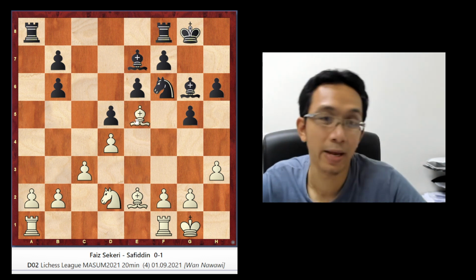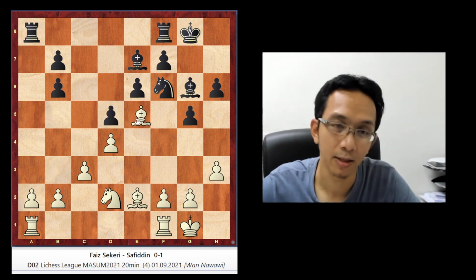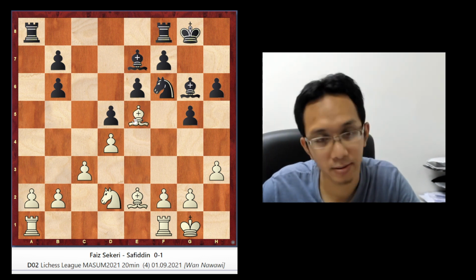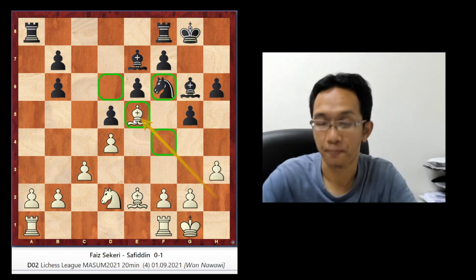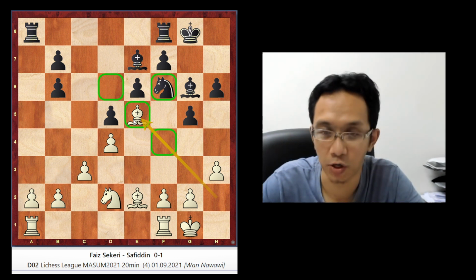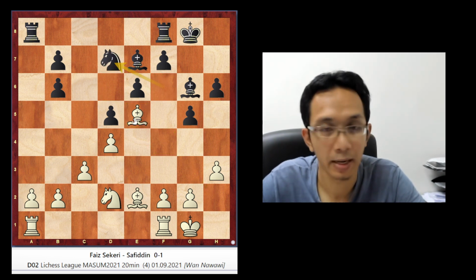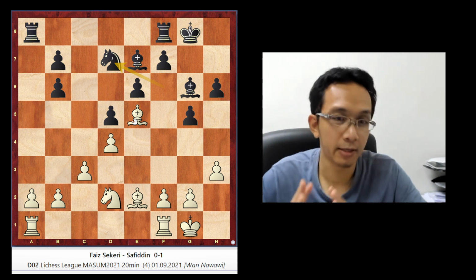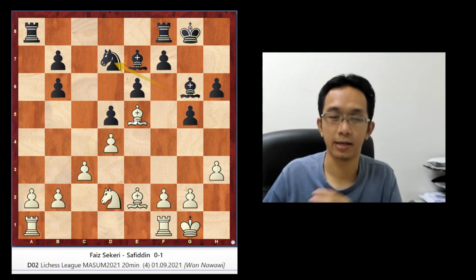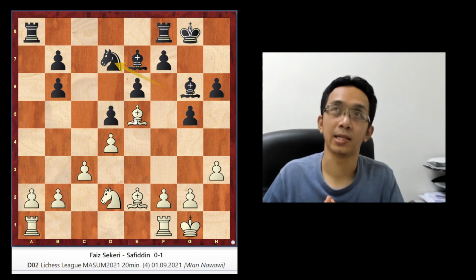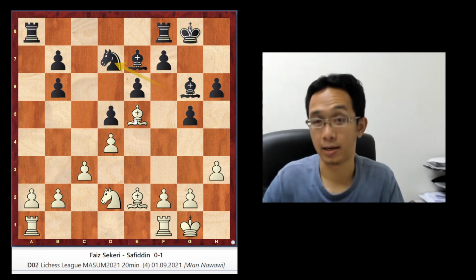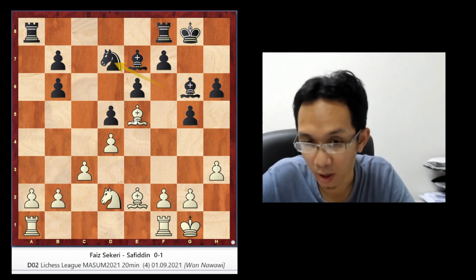So in order to play any expansion in the center, black needs to challenge this bishop. So Nd7 is okay. It's not really bad, but it just doesn't have an immediate plan. It's not like a one move attack. I call it a one move attack.